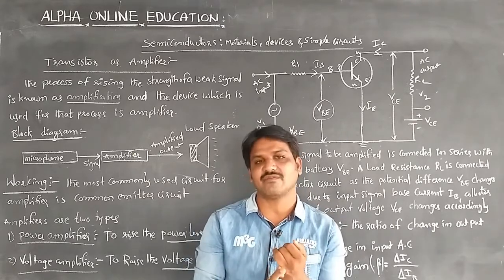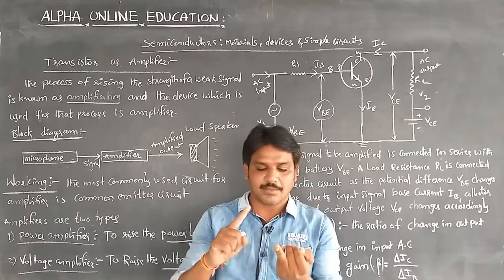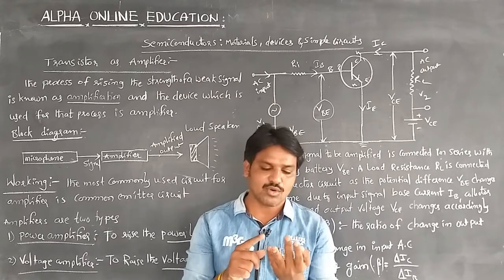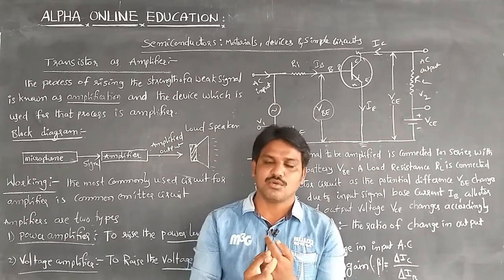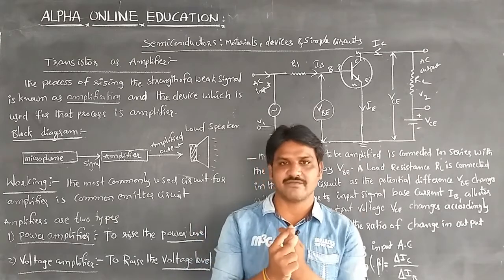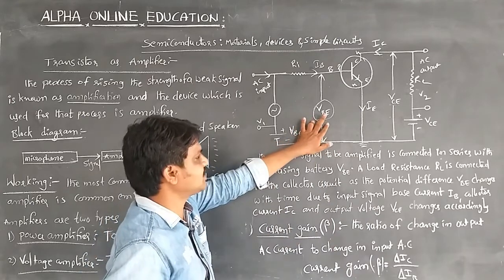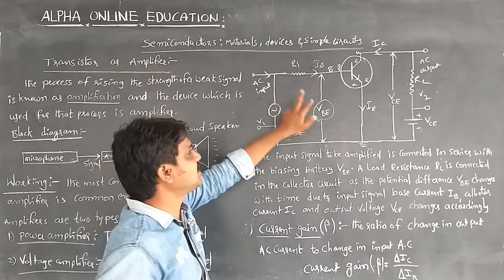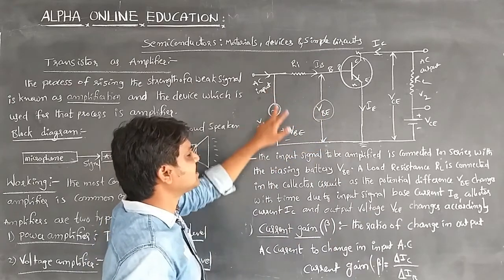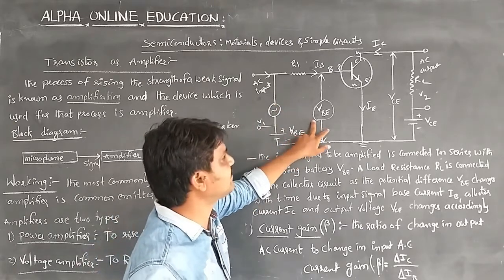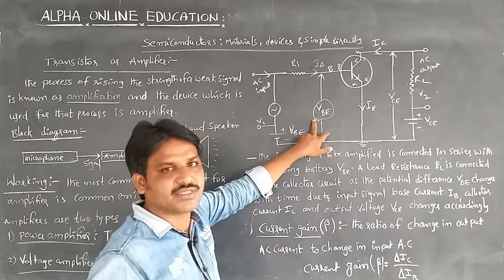First, the power amplifier and the voltage amplifier. The power amplifier is to raise the power level, and the voltage amplifier is used to raise the voltage level. In that working process, whenever the VBE changes, the AC input is connected in series with the battery VBE, so that the potential difference between the base and emitter changes with time